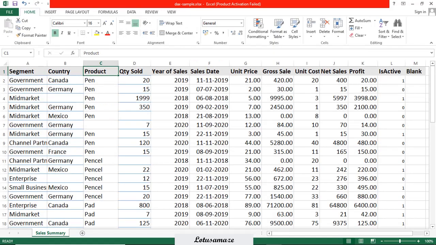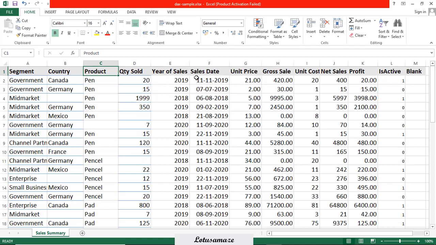Before we start doing the practical on the count and other functions, we have some data. So we check this data. In this data we have the segment, first column, then the country. In the country, some country names are missing. After Germany, there is no name. Mexico, no name after that. Then Canada, no name. The same thing with the product. In some cells, the name of the product is missing, and the same case is with the quantity sold. So you can observe some values are missing.